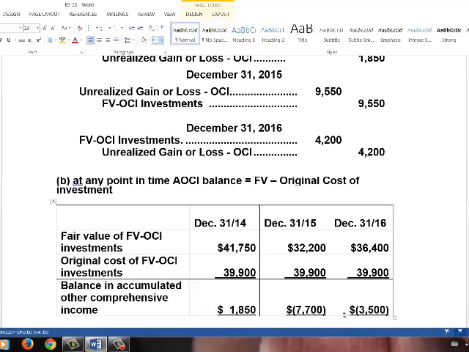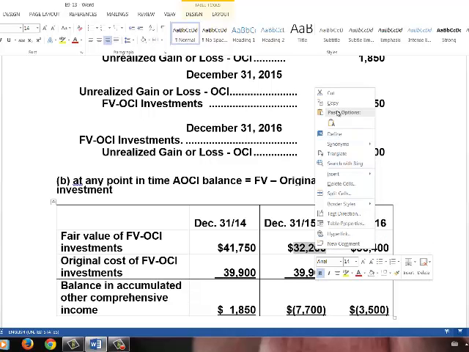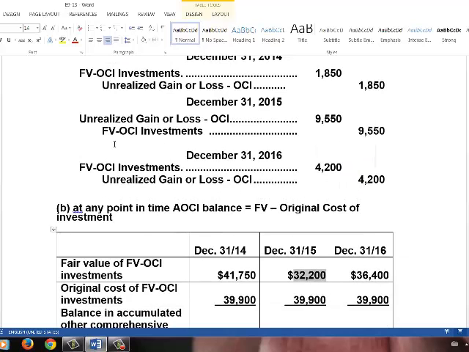So we know that the carrying value of the investment is now $41,750 because we adjusted it from $39,900 to $41,750. However, the fair value is $32,200. So the difference between $32,200,